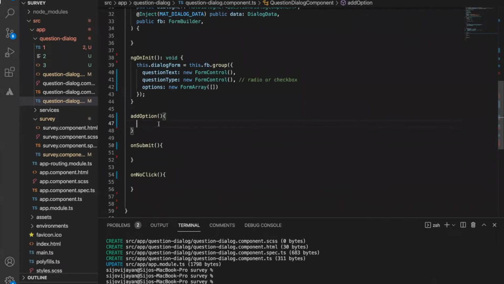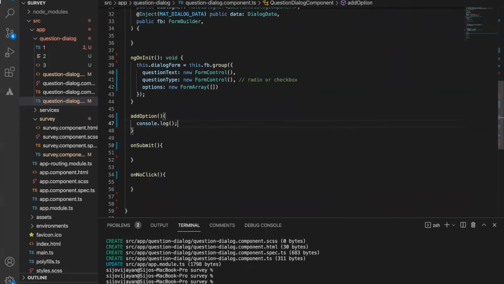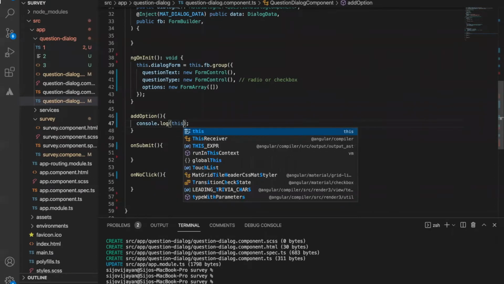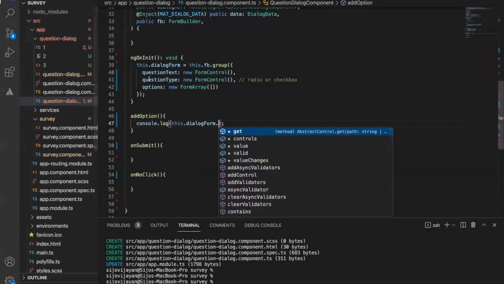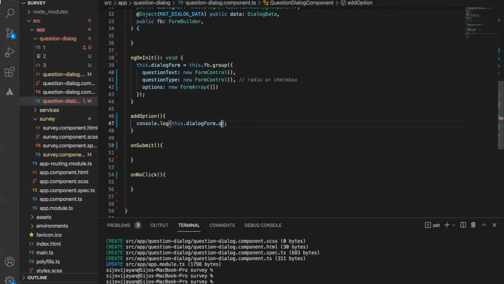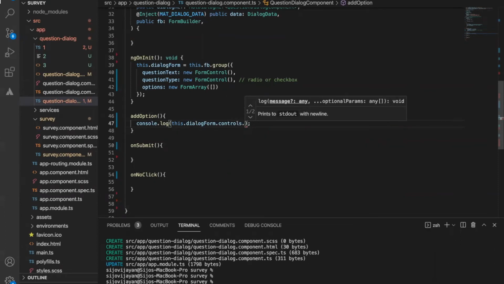So for that, what I will do is put console.log of dialogForm dot controls, because controls will contain the question type, right?